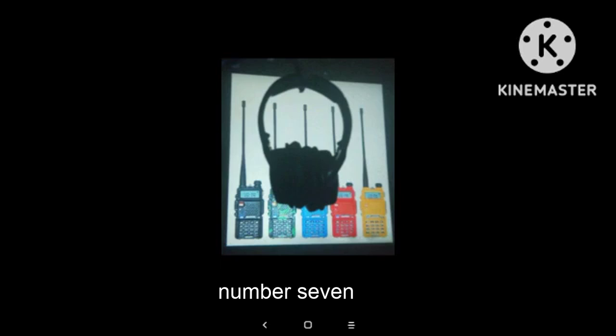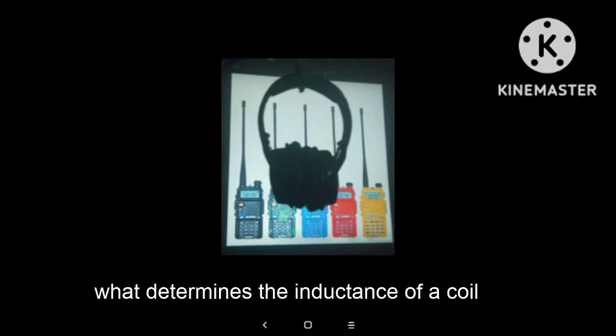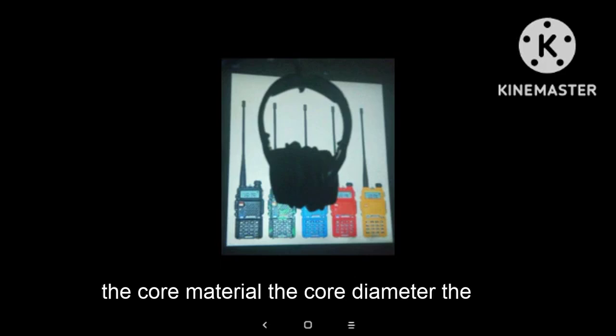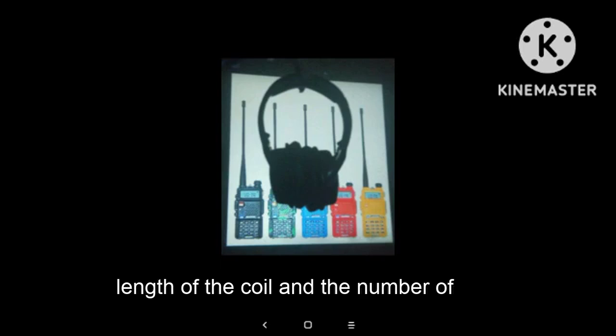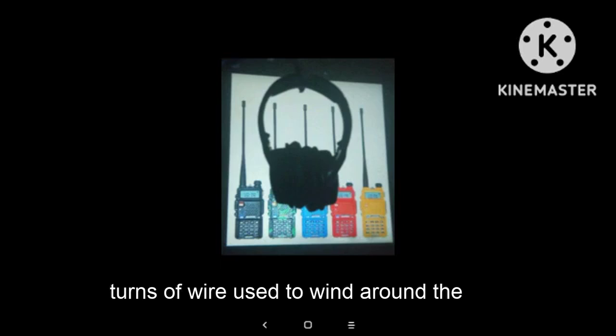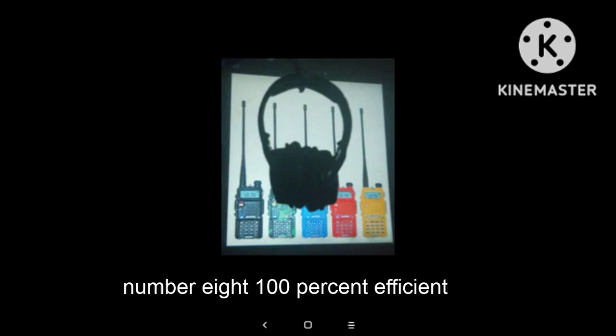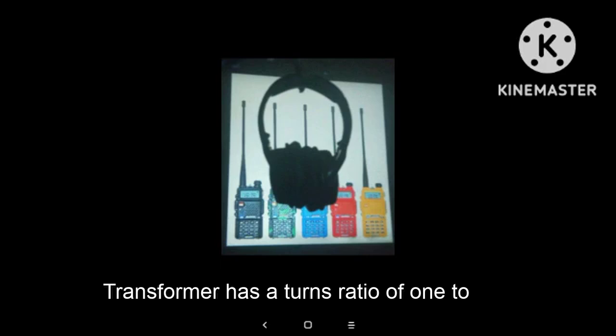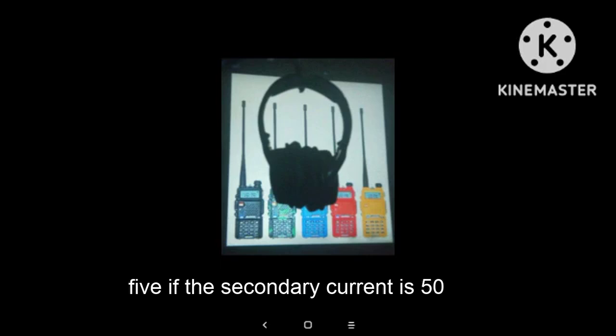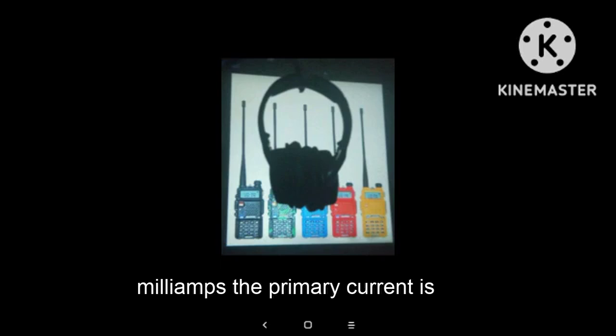Number 7. What determines the inductance of a coil? The core material, the core diameter, the length of the coil, and the number of turns of wire used to wind around the coil. Number 8. A 100% efficient transformer has a turns ratio of 1 to 5. If the secondary current is 50 milliamps, the primary current is